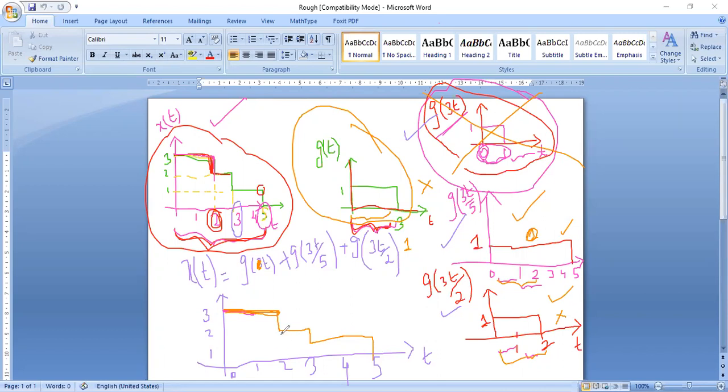So what I have done is a trial and error method, analysis, and I could get my x of t in terms of g of t. What all operations am I performing? I am performing g of 3t first, because I am converting that interval into the standard interval 0 to 1. And then from that g of 3t, I am performing scaling operation. That means 1 by 5 and then 1 by 2.